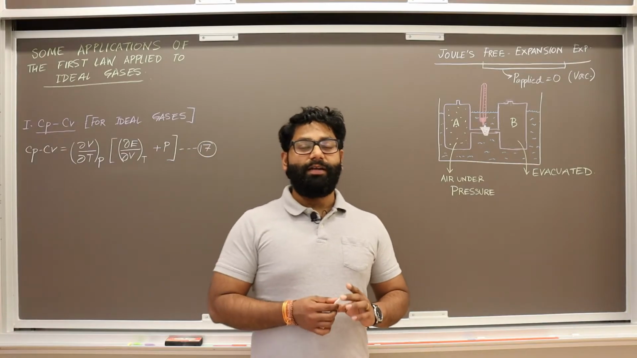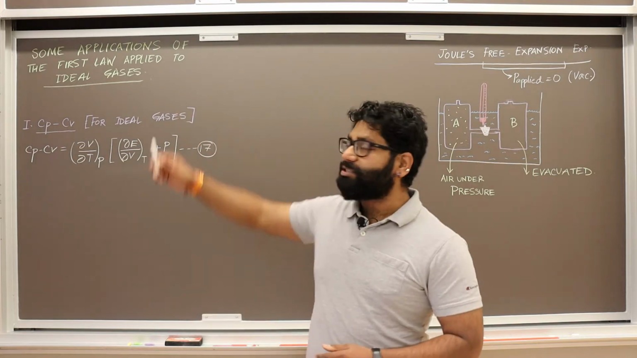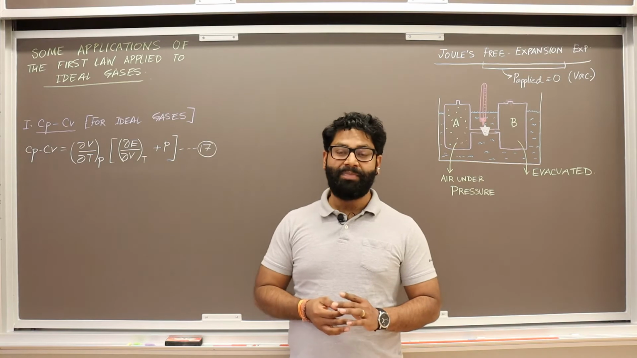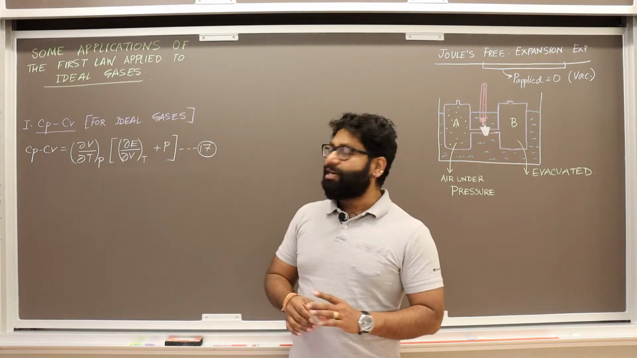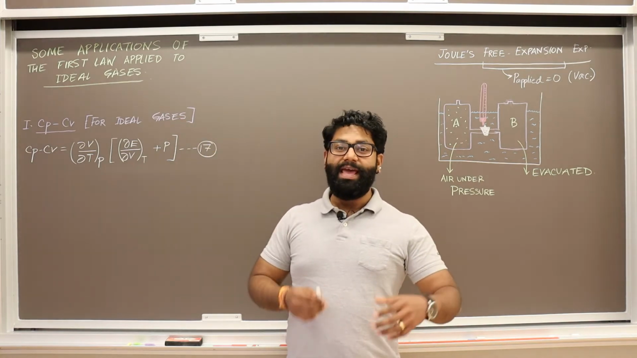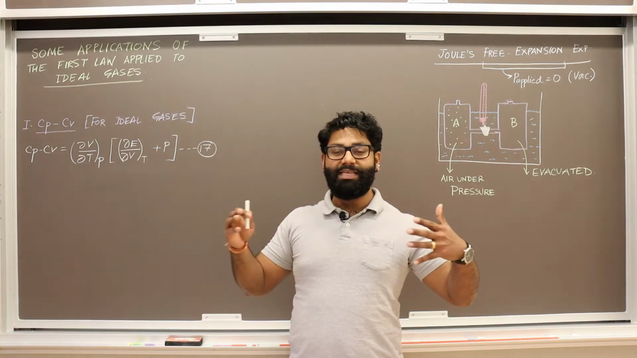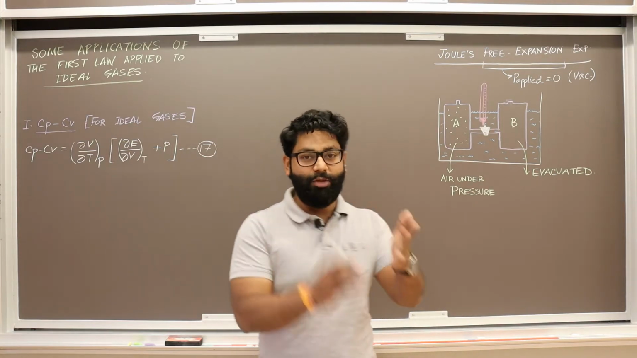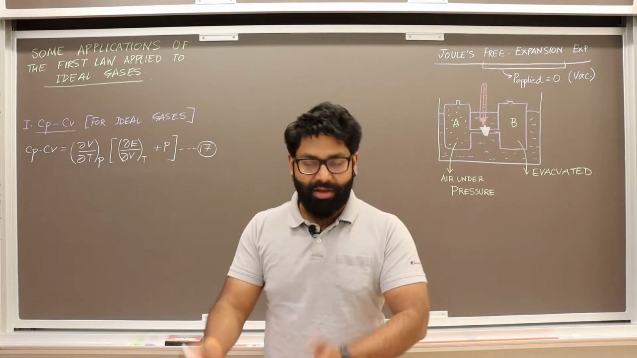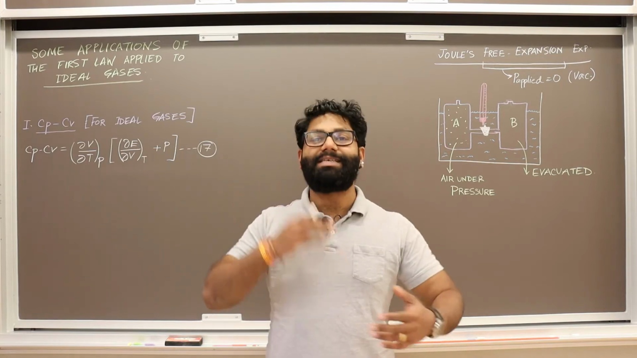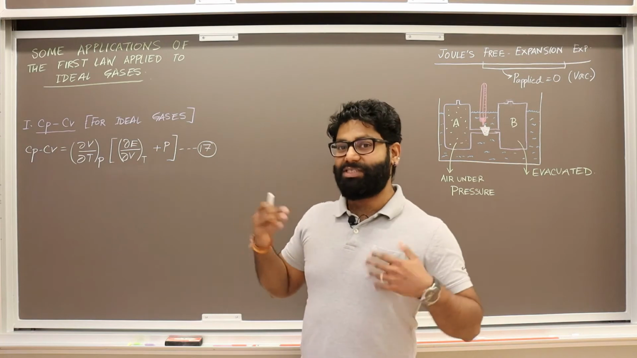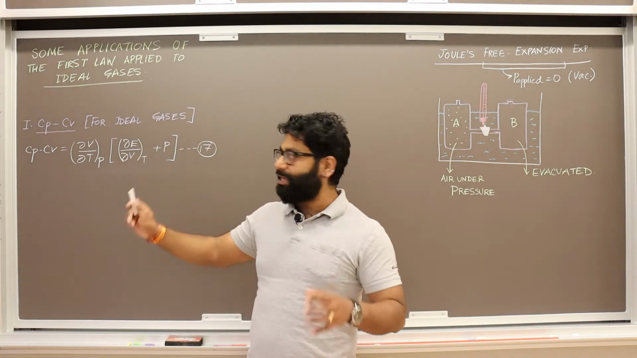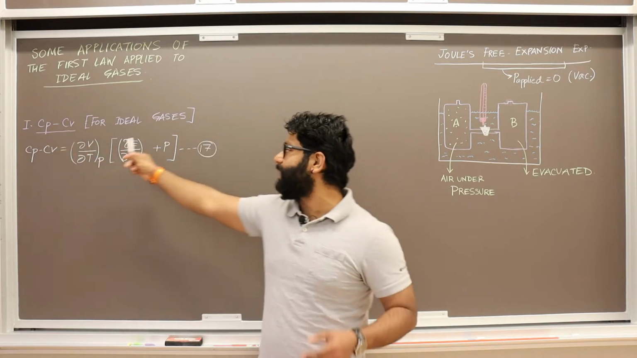Okay, so now let's see some of the applications of the first law of thermodynamics as applied to the ideal gases. In these applications, we'll be taking some of these external variables as constant. Sometimes we'll be taking the volume constant, the temperature constant, or the heat constant, and things like that. So before we start that, let's look at a very general case of Cp minus Cv as applied to